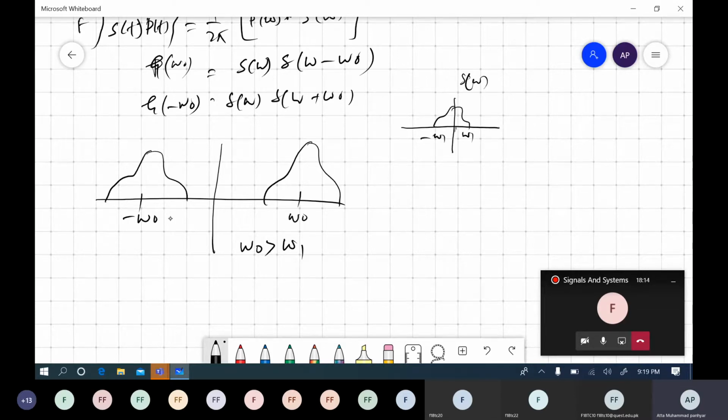This is origin, right? Now what would this value be? This value would be omega naught plus omega 1, and this value would be minus omega naught minus omega 1. What would this value be? This would be omega naught minus omega 1 and omega naught plus omega 1. Right? Now, what is the advantage of this? You can see that this signal existed for up to only omega 1. So if you assume the value of omega 1 is 1, then you can see this signal existed from minus 1 to plus 1, right?